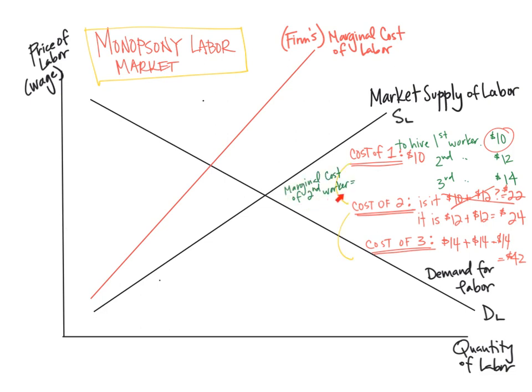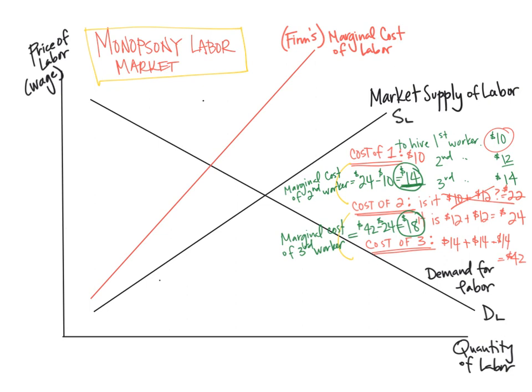So what is the marginal cost of the second worker? Adding the second worker from 1 to 2, you go from a $10 wage bill to a $24 wage bill, so an extra $14. So even though the wage rate for the second and first worker when you're hiring 2 is $12, the additional cost of going from 1 to 2 is $14, because you have to raise the wage not just on the second worker, but on all previously hired workers. So pause this and see if you can figure out what the marginal cost of the third worker is. You go from a wage bill of $24 to $42, extra $18.